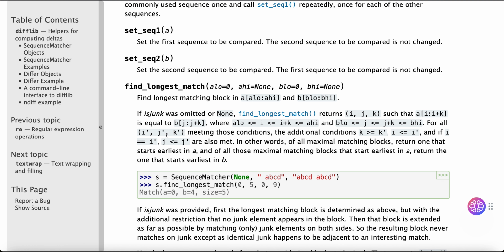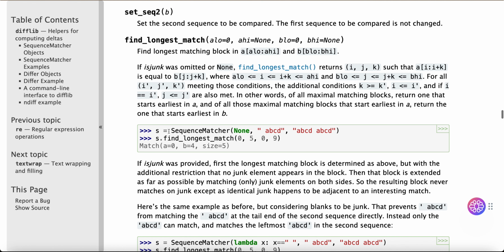For all (i', j', k') meeting those conditions, the conditions k >= k', i <= i', and if i == i', j <= j' are also met. In other words, of all maximal matching blocks, return one that starts earliest in a, and of all those maximal matching blocks that start earliest in a, return the one that starts earliest in b. s = SequenceMatcher(None, 'abcd', 'abcd'); s.find_longest_match